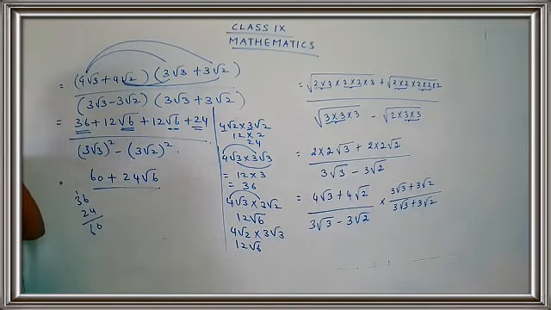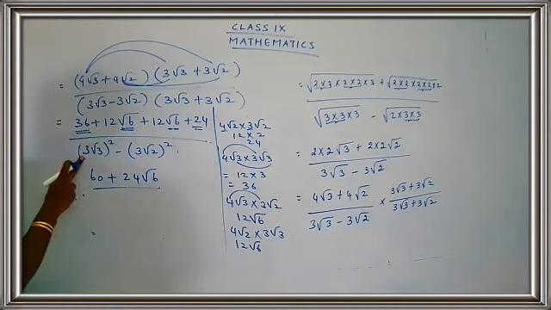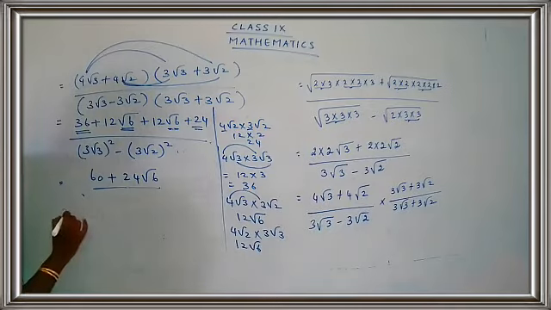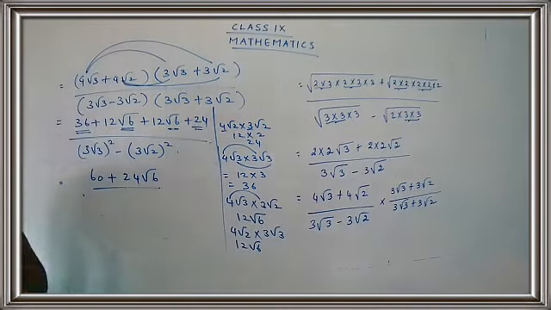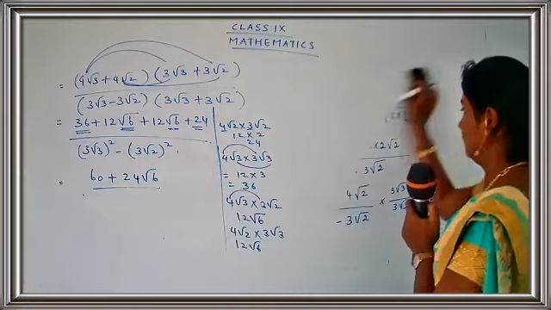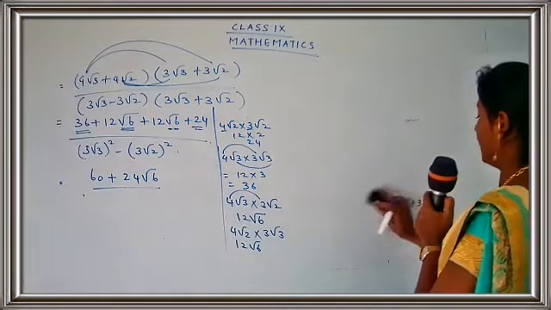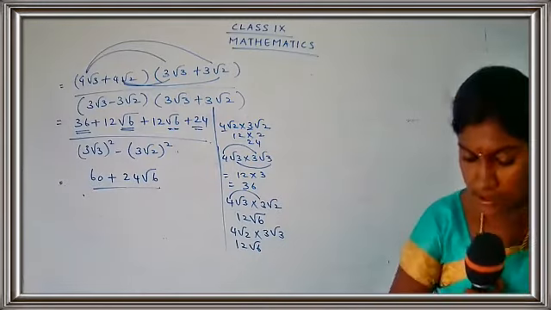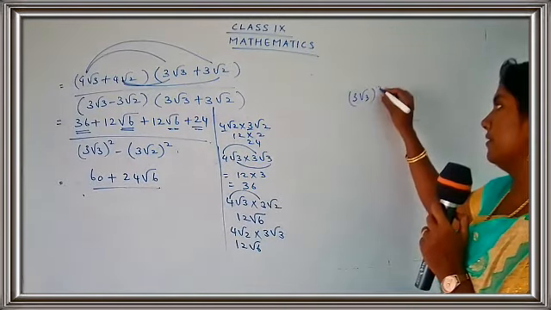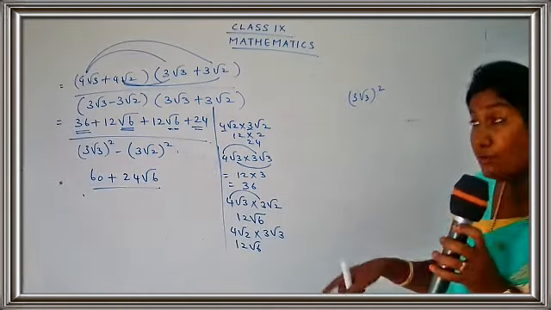Okay, I have completed the numerator part. Let me come to the denominator part. Now this is 3 root 3 square. Children, just listen here carefully. I'll just do the working over here. Actually, this is a little lengthier sum. Once you are clear with this sum, you can go with the remaining sums properly. This is 3 root 3 square. How to find out the value for 3 root 3 square?